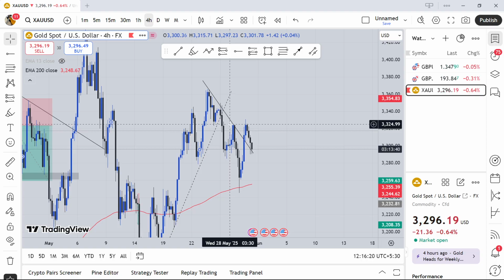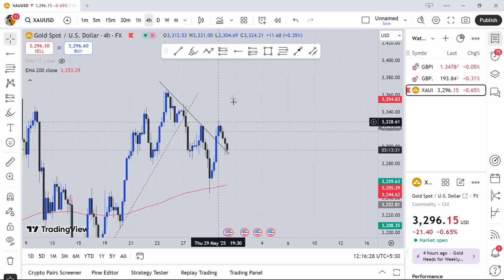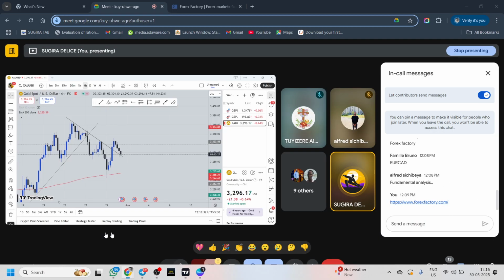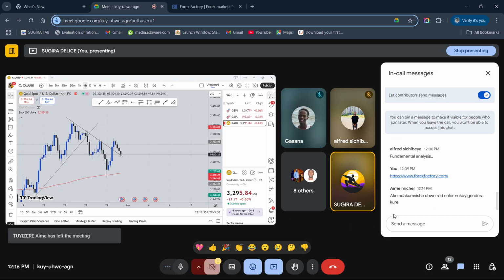So for me to trust it, to say this is a change of character, that's what is getting not to make it an A plus setup, but then the market